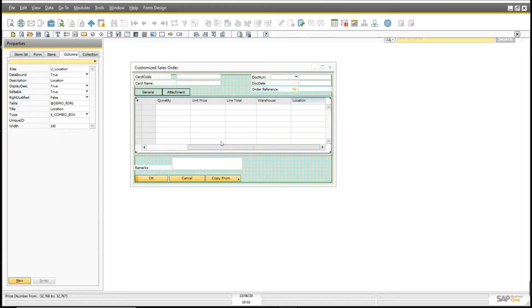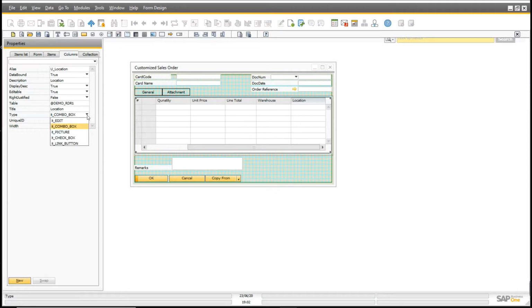For these 2 points, we will create two controls, one inside the matrix as a column, that is a combo box. So we will create a matrix column as a combo box, which I have already created here. How can you do that? Simply add the column inside the matrix and change the type of the column.